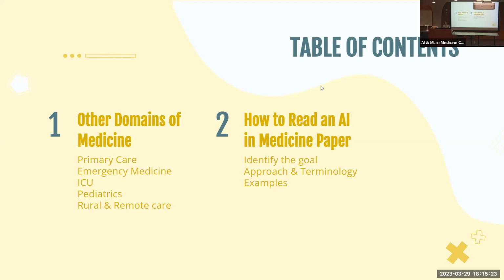So we're going to move on to how to read an AI paper. This is just a general overview. My disclaimer for this whole portion of the talk is that the way you read a paper really depends on why you're reading it and who you are. Someone in medicine trying to get a certain thing out of a paper will read it very differently from a software engineer or a machine learning scientist trying to get another thing from the paper. But for general understanding, this is a beginner, entry-level approach for someone who has never read a machine learning and medicine paper. I'll show a couple of papers. I don't have the links, but I do have all the authorship lists, so I'll get you to Google them and work together when we're on those slides.